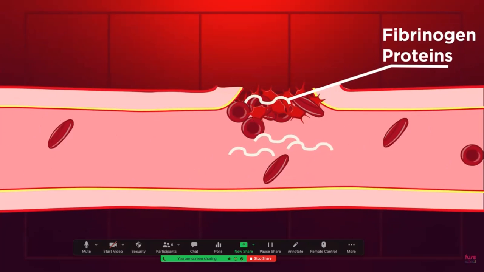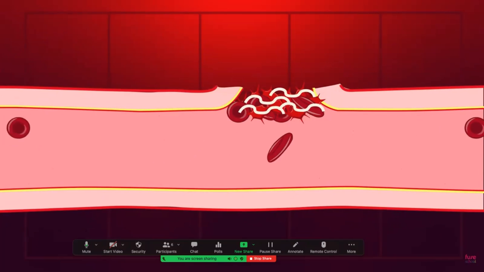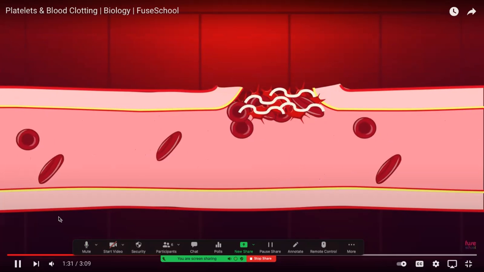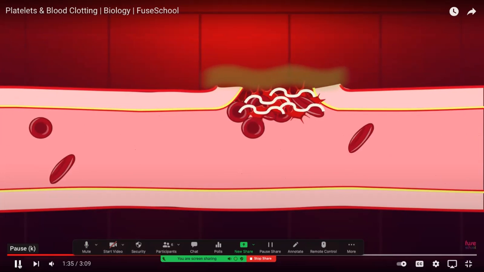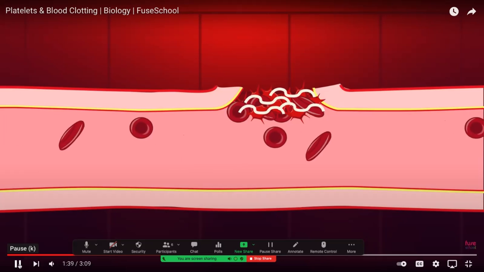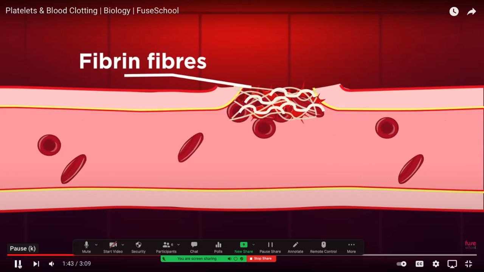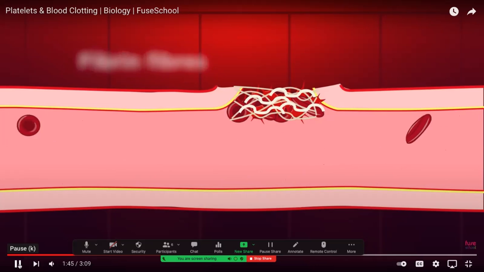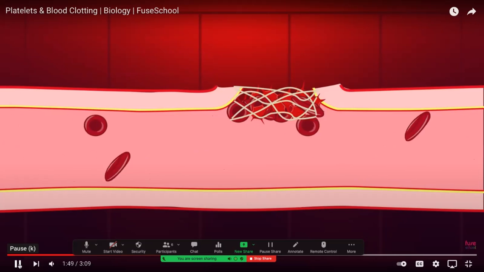In our blood, there are soluble fibrinogen proteins. At a wound, these soluble fibrinogen proteins are exposed to outside chemicals that aren't normally found in blood vessels. Like with the collagen and platelets, this exposure causes the fibrinogen proteins to turn into sticky fibrin fibers. The fibrin fibers form a mesh, holding all the platelets together and making a much stronger clot. More platelets, red blood cells, and other components in our blood all